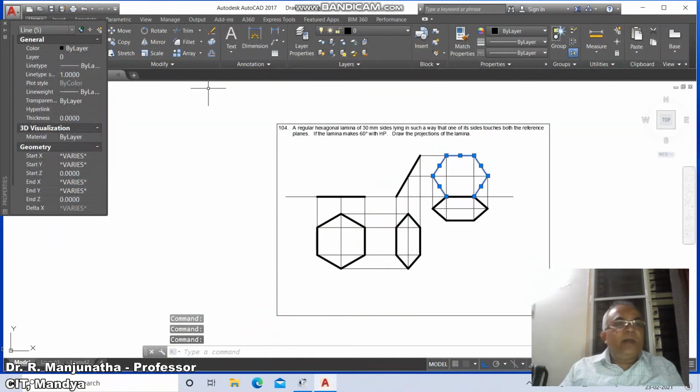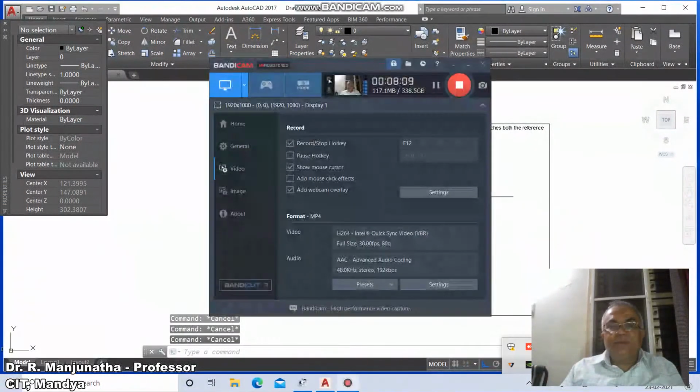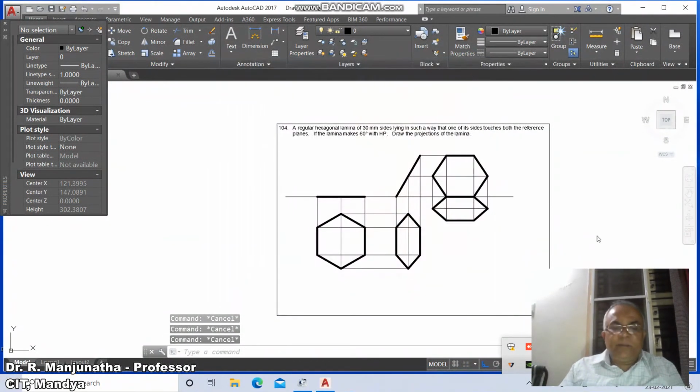5 lines and go to layer, click on this, make it as views, escape. Similarly, you select this line and you select this line and you select this line and make this line as XY. And now this is how you will be able to do this. Now we go for